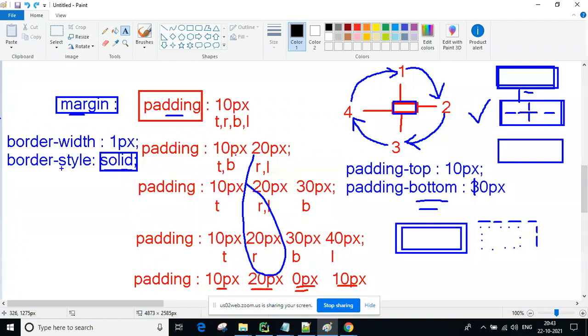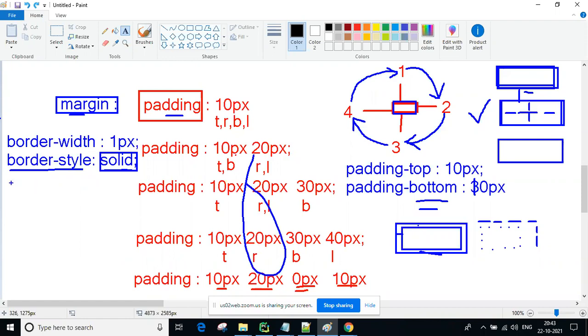Now that is a style, guys. Again, if you want a double line on the left side, dots on the top side, and dash on the bottom side, if you want to decide that, you can display border top style, border bottom style, and so on. You can do it.